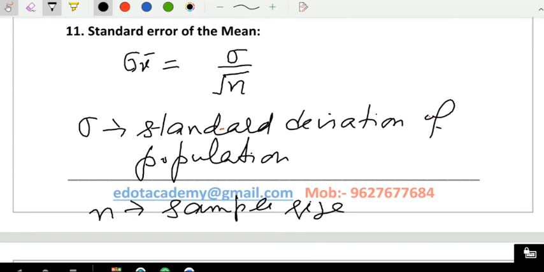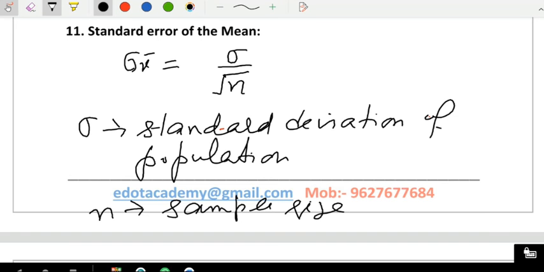But this formula is applicable only for the finite population with replacement. Okay, if the population is finite, but we are drawing the sample with replacement, meaning we are drawing and keeping inside, or when the population is infinite. So this formula you must remember. If your population is infinite, then replacement must be there. Otherwise, if your population is finite and replacement is not there, then your formula will change.